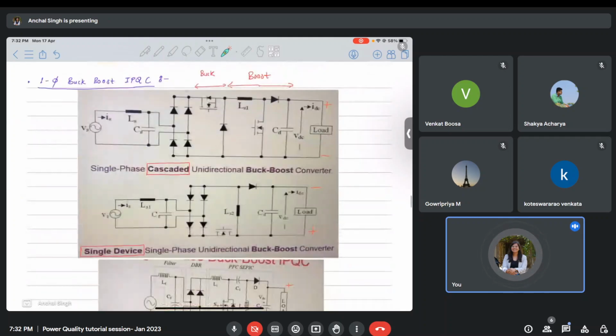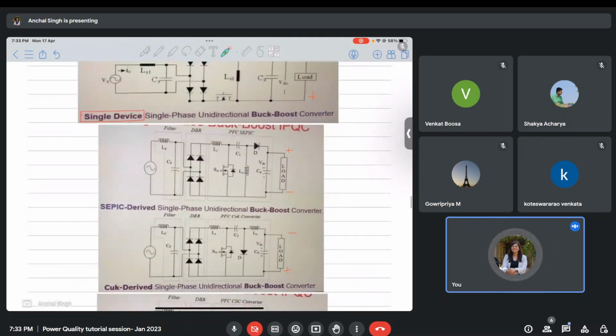These are again standard topologies. So CSC is cascaded converter. In cascaded, there is a bridge that will convert the AC to DC first. Then there is this buck, then there is this boost converter. This is called a cascaded converter. You are literally just cascading the buck circuit with the boost circuit, and it will be the same circuit. Then from this circuit we started reducing in order to reduce the number of components that are present. And then this is with the bridge, because our diode rectifier bridge is present.